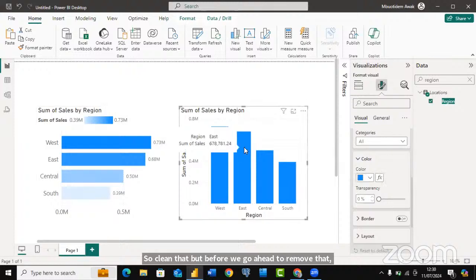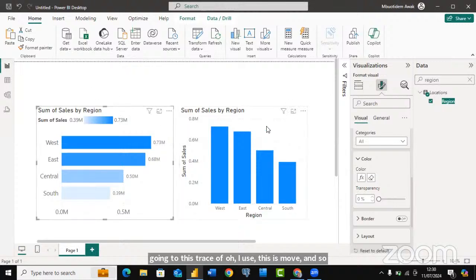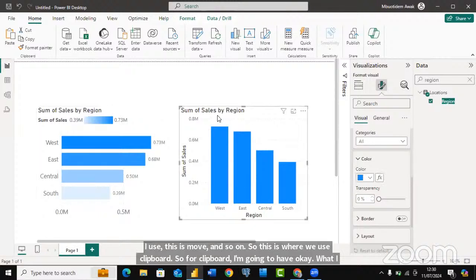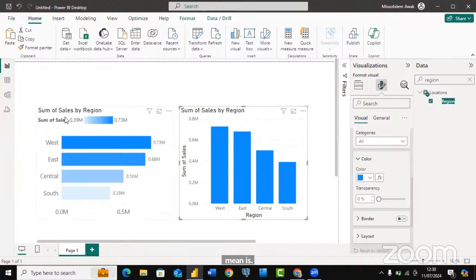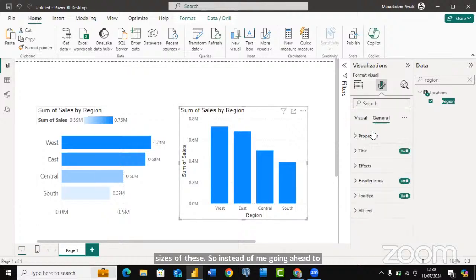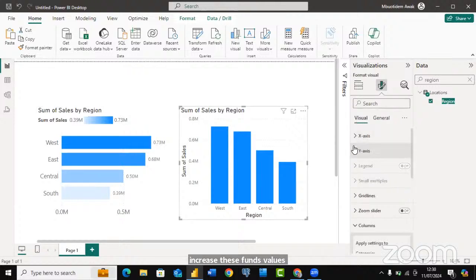Instead of me going through the stress of, oh, I use this is more bold and so on, this is where we use the clipboard. So for the clipboard, what I mean is, I didn't mean I changed the color. Anyway, I changed the font sizes of this. So instead of me going ahead to increase these font values again,